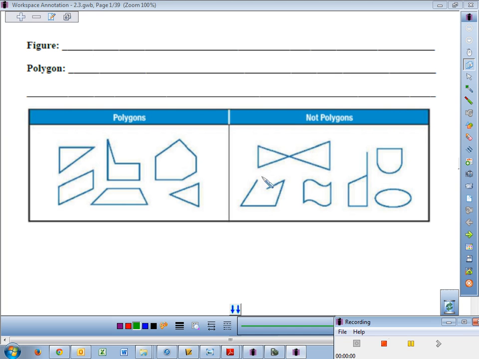Today we talk about polygons. You may think that you know what a polygon is, but it's very, very specific. Okay? Very, very specific. So first we need to learn what a little thing that's not a polygon is called, just